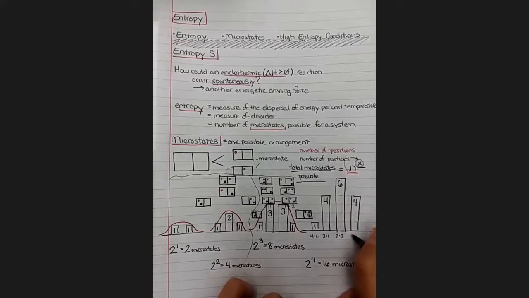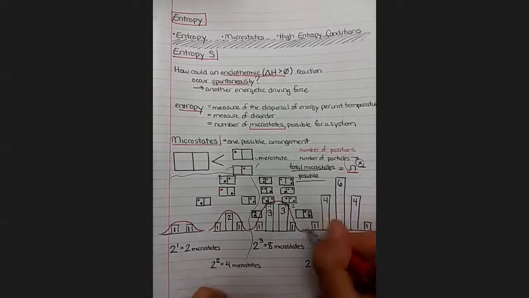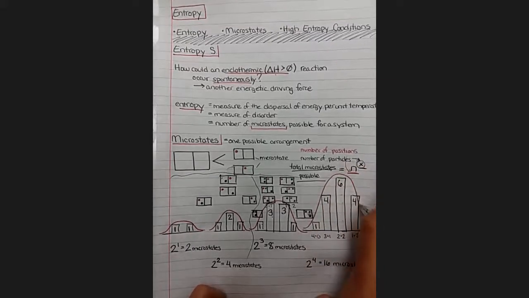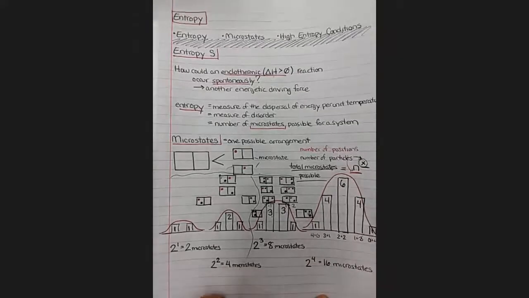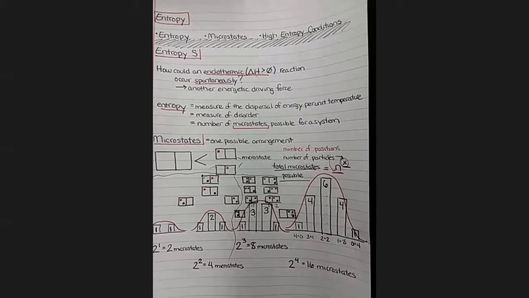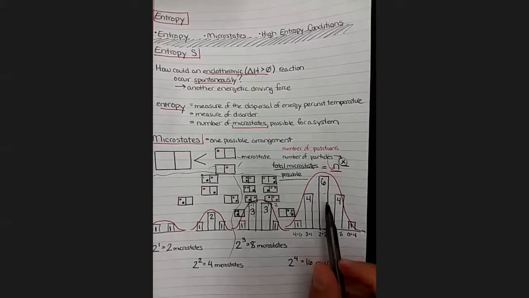There's 4 options of 1 and 3. And there's 1 option of 0 and 4. And our parabola is going to be beautiful because I don't have any domino pictures in this diagram. There we are. So the more particles we add, the more parabola-shaped our distribution is going to look, and the taller that bar in the middle is going to be.